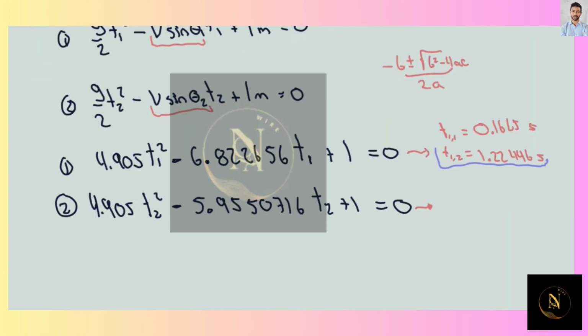For the second equation, the only factor that is going to change is the value for b. So in this case, it's going to be equal to 5.9550716. And the two solutions that we're going to get are going to be,